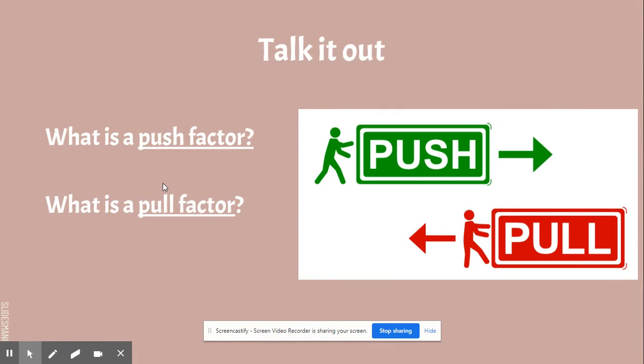Now, what motivated those people to come to the New World? Because you just couldn't stick a flag in the ground and say, oh, it's mine. So there are factors of why people move or things migrate, and they're called push and pull factors. Now, a push factor is something that's negative where you live and is pushing you away. So something is going wrong in England or in France or in Spain to push people away.